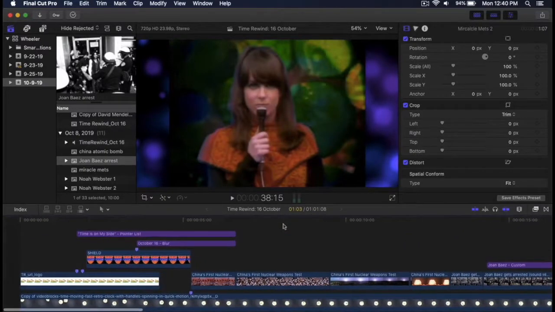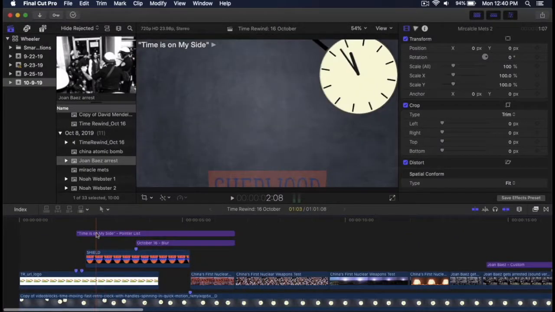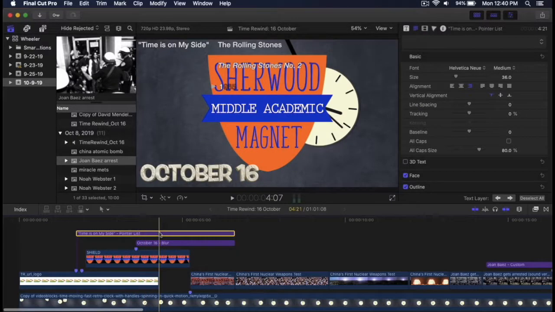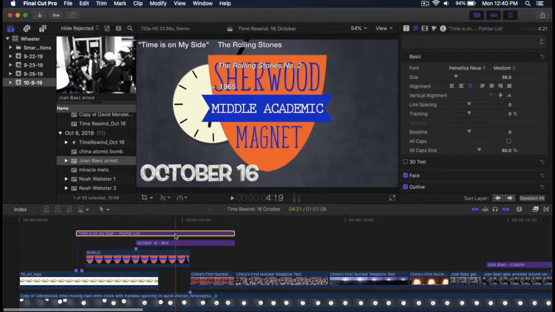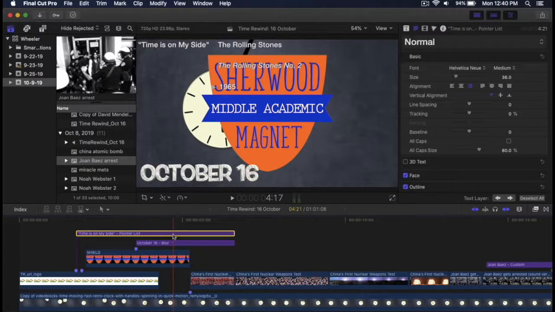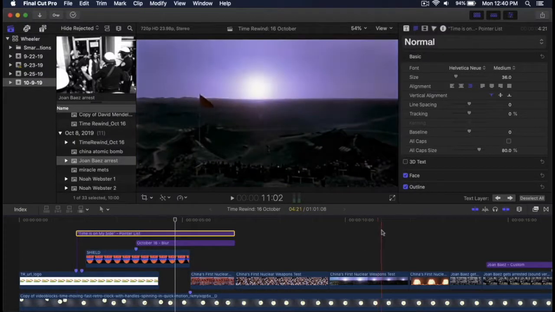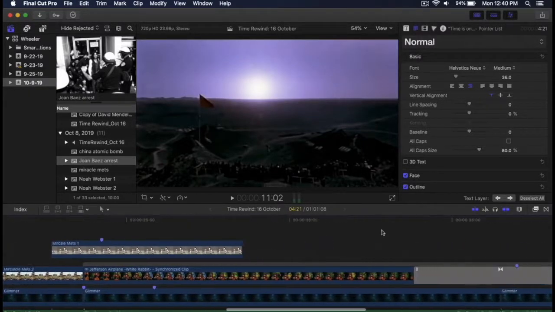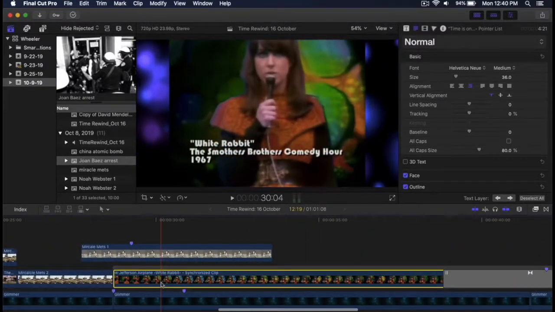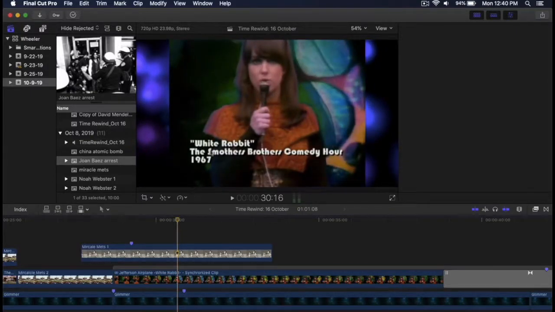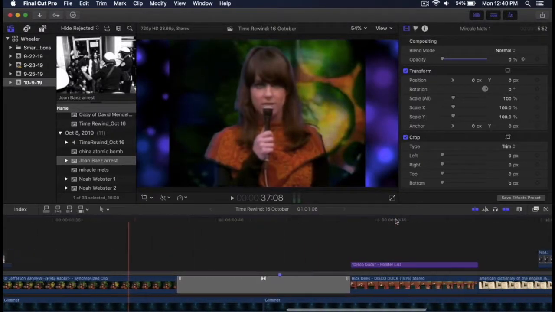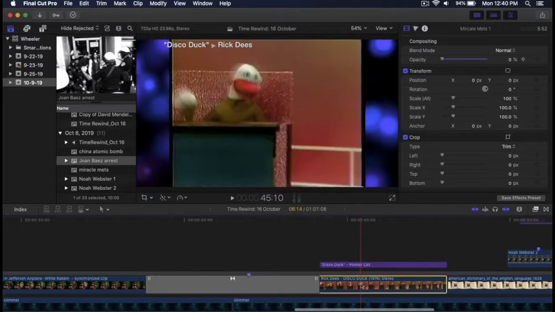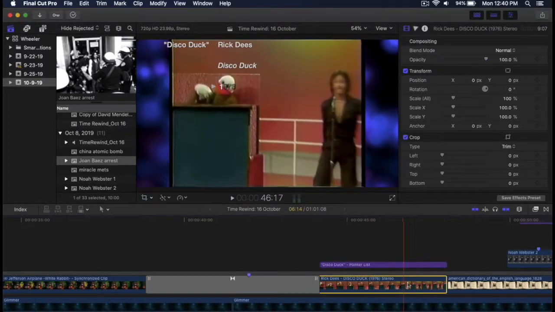Another thing that I wanted to do is every time there is a song playing, I used the pointer list text to drop in the title of the song playing, the name of the band, the record of the song being released, and of course the year the song was released. I didn't do that for the Jefferson Airplane song because they do have that information on the video that I got. For the other video that I got, Disco Duck, that didn't have the